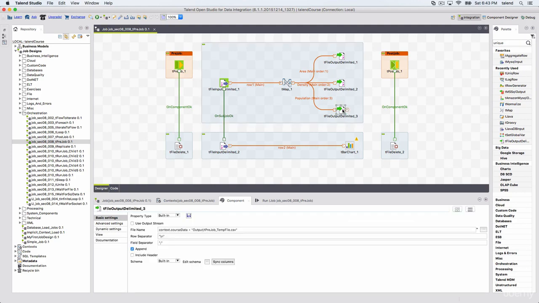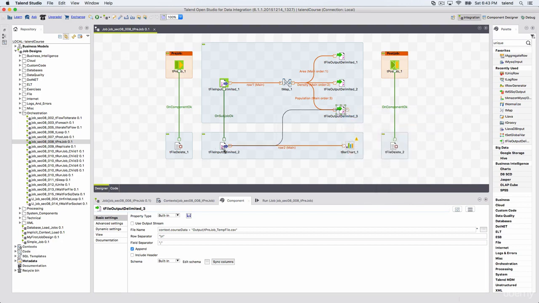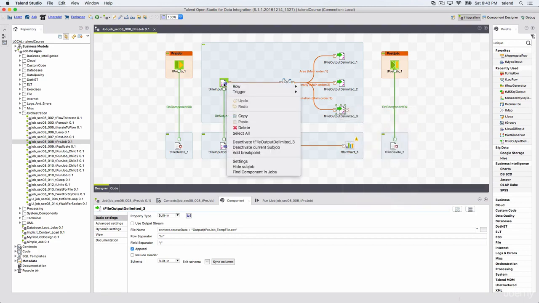So you can just right click on it, trigger, and then select on component okay, and then you can connect it to any subjob or any sub process. So that's what component okay does. Component error is simple. Whatever respective component, if it fails with some error, then the respective process that you connected to will be triggered. So those are 5 types of triggers.